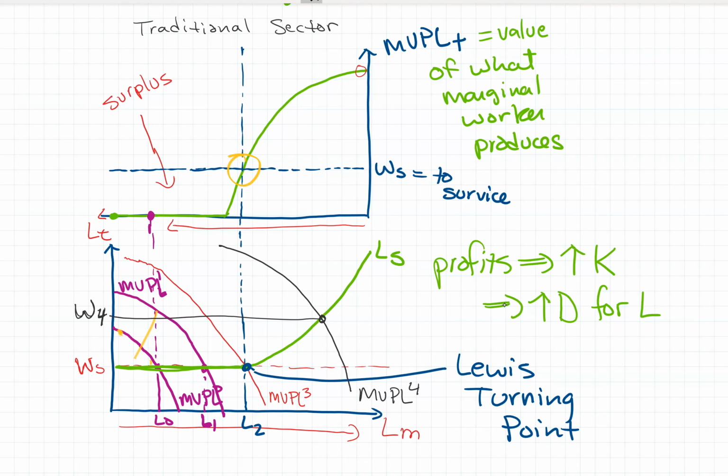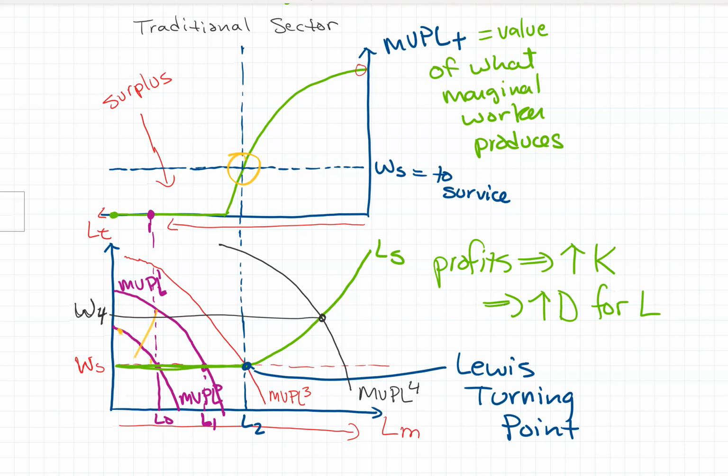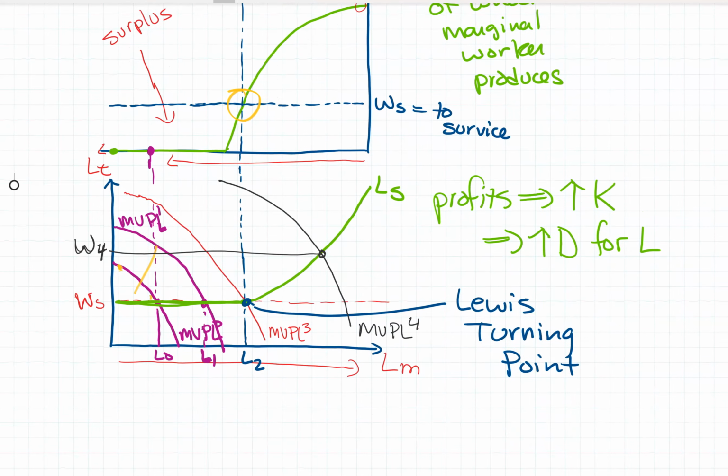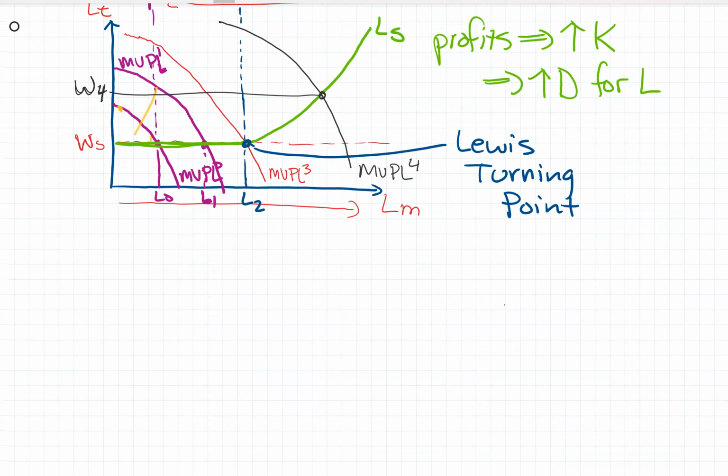Okay, so we kind of get this idea that there's this period of time when you have a surplus of rural workers, and they can migrate, and they boost the urban area without hurting the rural area. But then at some point, when this surplus dries up, then there's a cost, and then the wages start to rise in the urban area. Okay, so the Lewis turning point, after this point, urban wages must rise. Modern sector wages, let's say, modern sector wages must rise